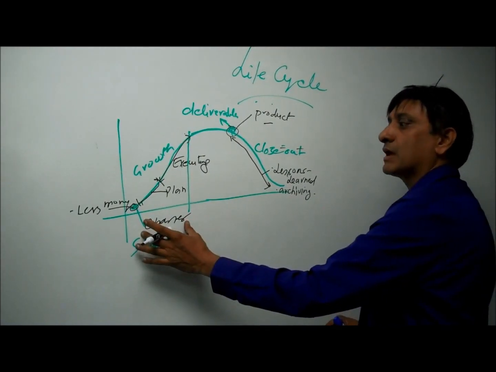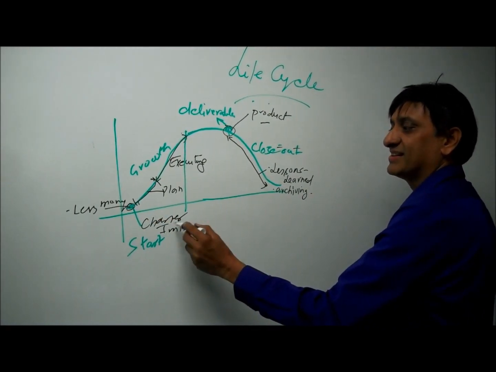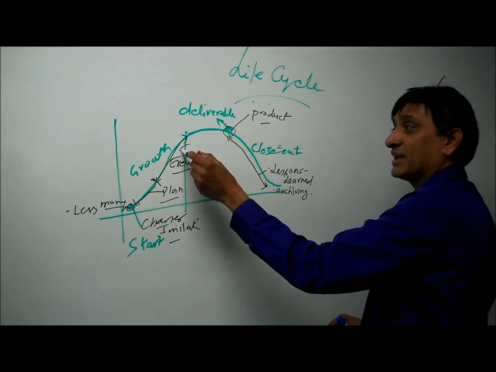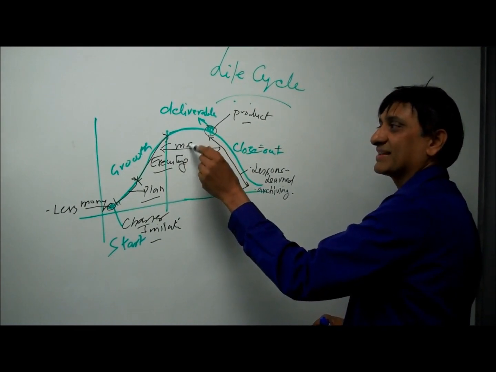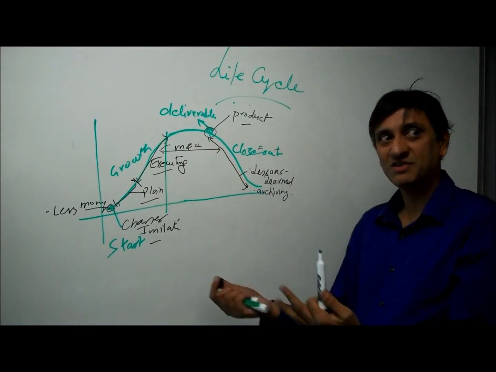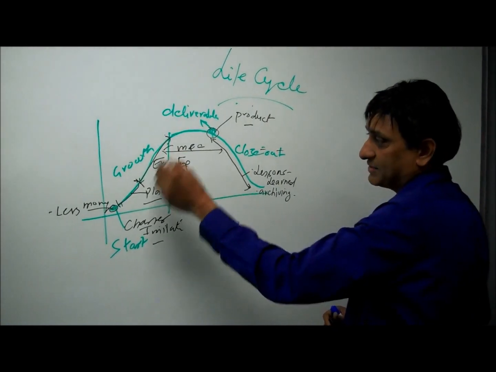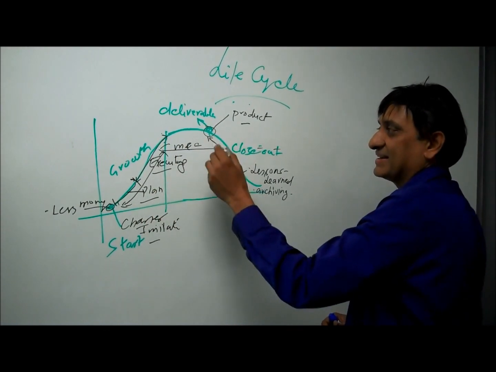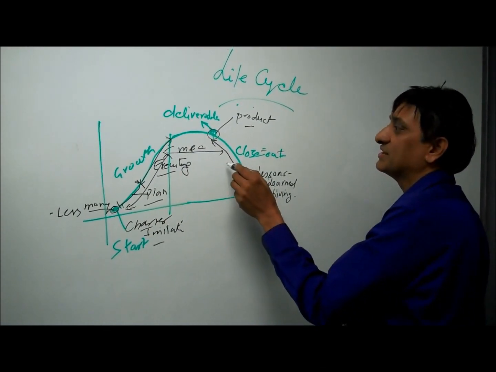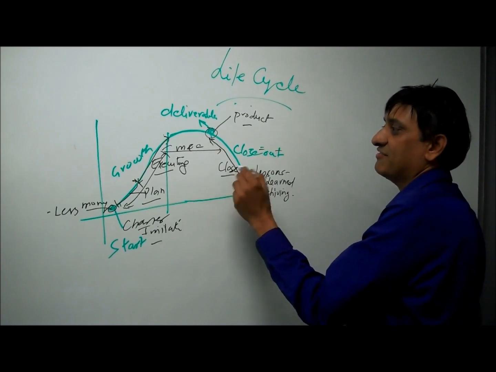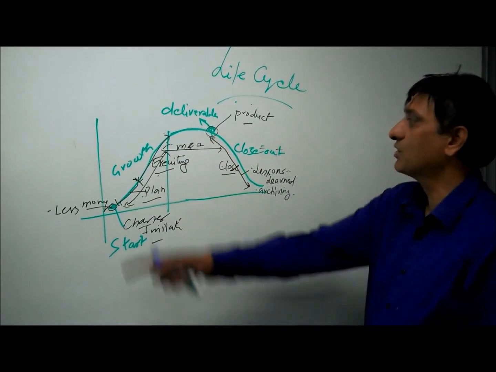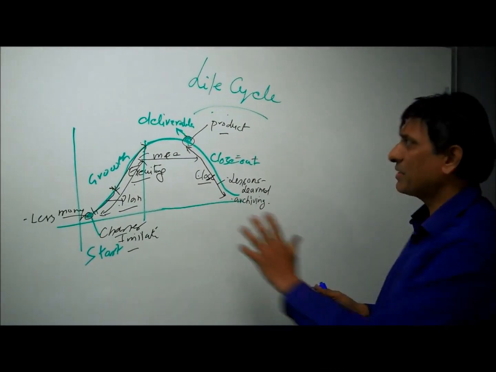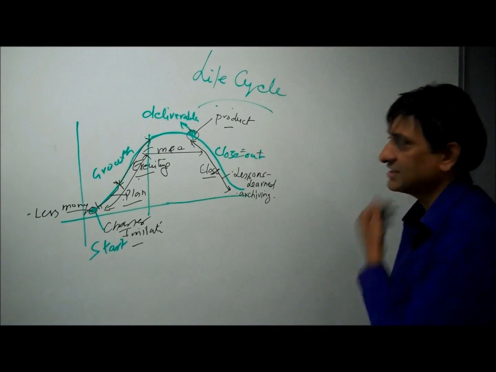You start, initiate the project here, then you plan a project, you execute the project, you keep checking, monitoring and controlling how the project is going on. Are you able to achieve your goals? Now, monitoring and controlling actually happens right here itself, so it's not just there, from the beginning till the end. And then once you achieve the goals, you close out. So these are the 5 process groups that we manage across the life cycle and different phases of the project. That's a little bit about the different life cycle stages of a project.